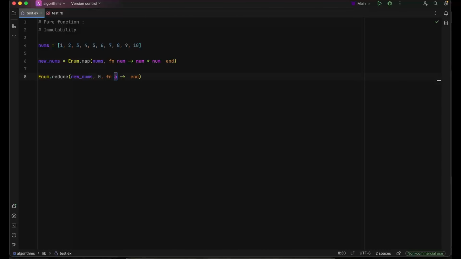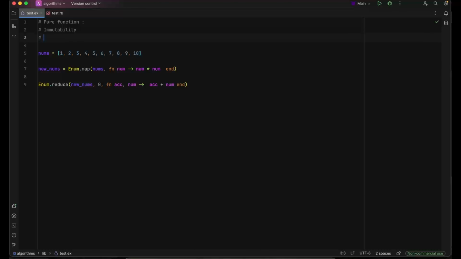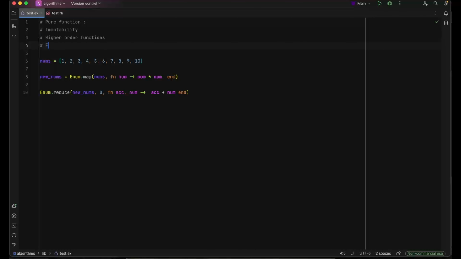It gives us accumulator and the num. What we need to return is accumulator plus num. So here comes another jargon, which is higher order functions, which means we can take functions, send functions as arguments, and we can also return new functions from functions themselves. These are called higher order functions, and there's also the concept of first order functions, or